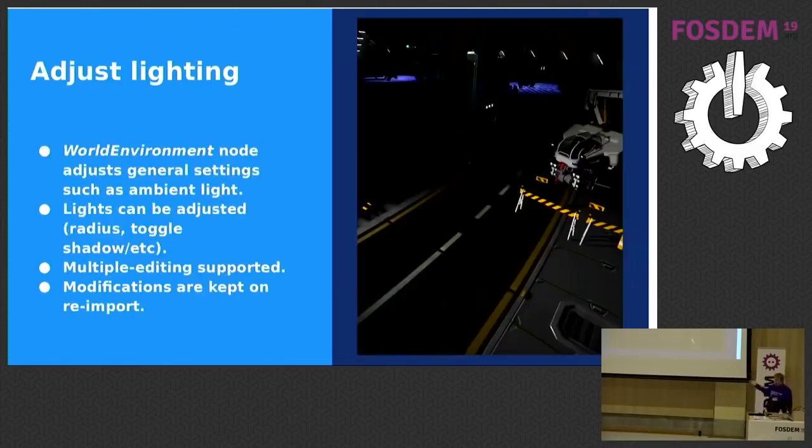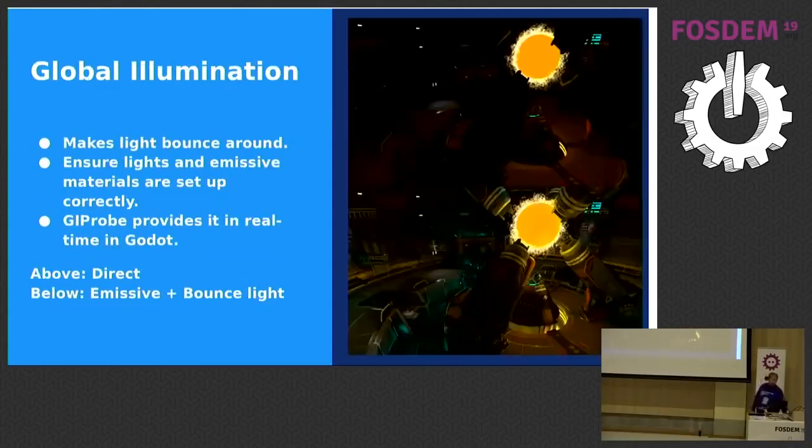Finally, the lighting: you can just set lights and shadows and everything. Then you have the final step, which is global illumination, the light bounces. Usually you set up the direct lights, which means this is just where the light affects. Global illumination is what adds the bounce. If I throw a very strong light to the floor, it will bounce and spread across all the room. Godot has something called GI Probe. You set an area, and all lighting inside will just bounce around. It looks pretty. You can see the comparison above and below.